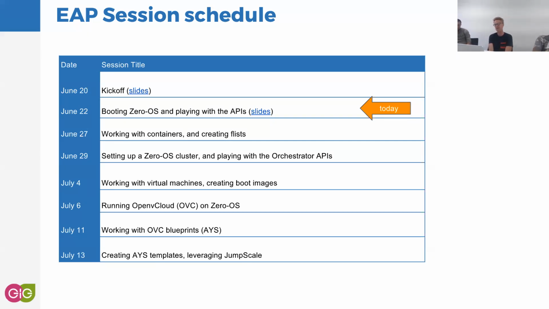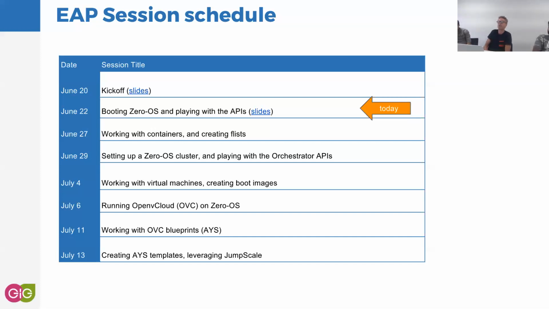But anyway, the next session then is really about working with virtual machines and with virtual disks. And you need a virtual disk, you need a virtual boot disk for booting a virtual machine. And then we will basically show you how we will, first of all, deploy the block storage layer on top of a ZeroOS cluster. And the block storage layer basically is just an example of a workload that you could deploy in a ZeroOS cluster for supporting, in this case, virtual machines. And that's all what you will see in the sessions of July 4th,